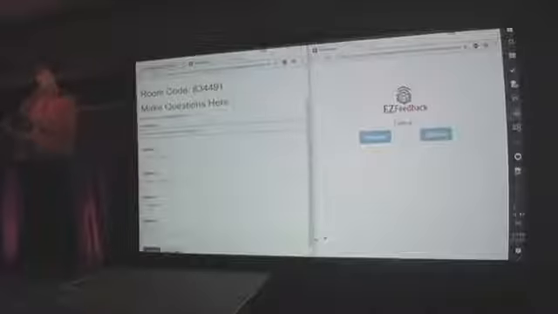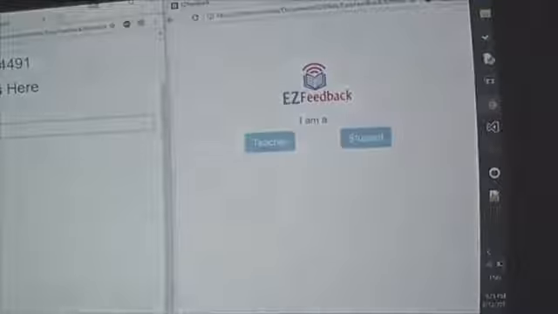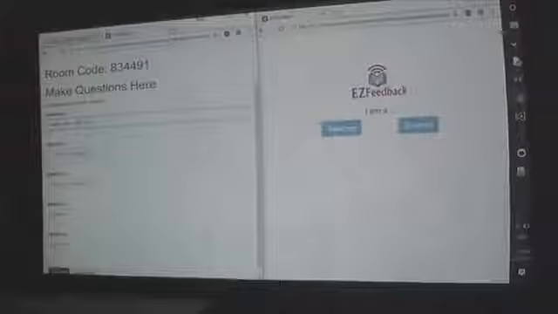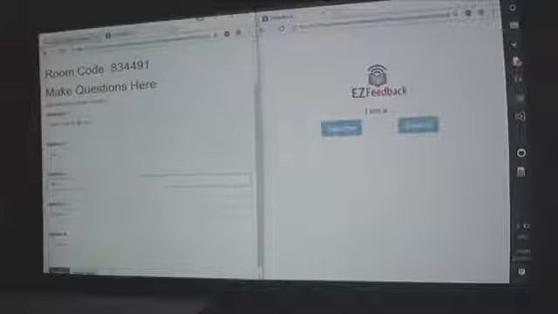So right now what you see is the demo. Anton here will be posing as the teacher, and you can see this will be set up as the student. The teacher will be making the questions beforehand so that they will have the questions prepared, and so throughout the lecture, when they want to check for understanding, they can push this question out to the students, and the teacher can understand if he or she has to go through the lecture again to make sure that every student understands it.